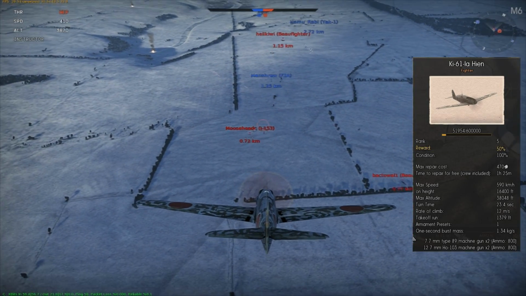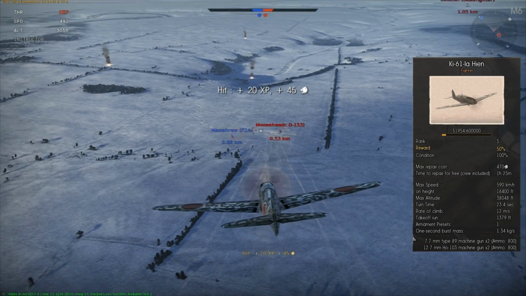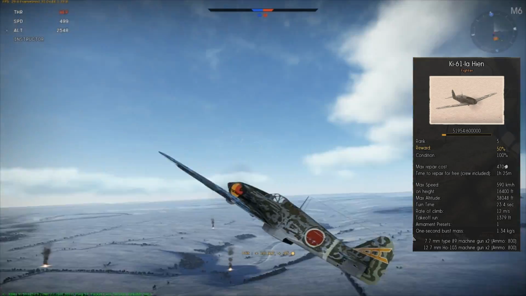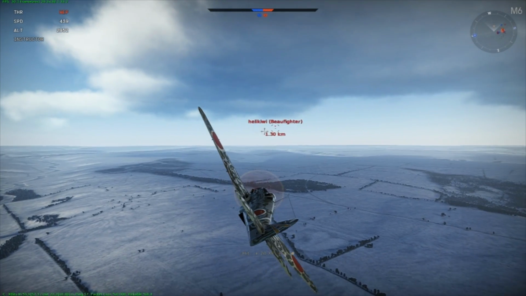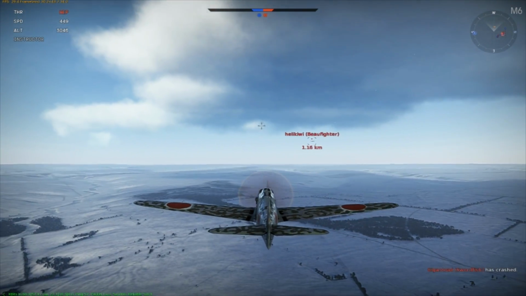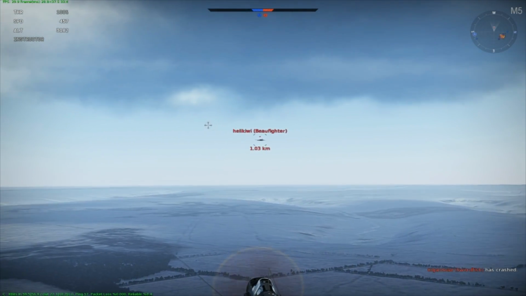I think the turn time, let's see, slightly slower. I think max speed 590, turn time 23.4. The burst mass is a little bit less, 1.34 kilograms, 12 meters a second rate of climb, and so it's got two 7.7 millimeters and then two 12.7 millimeter machine guns. So 4 machine guns,